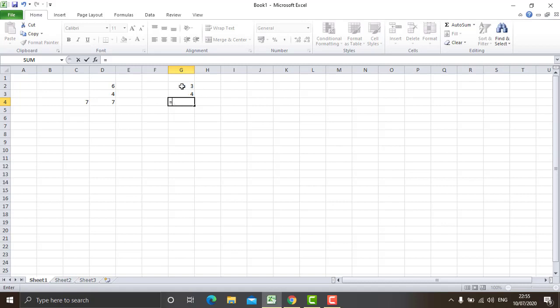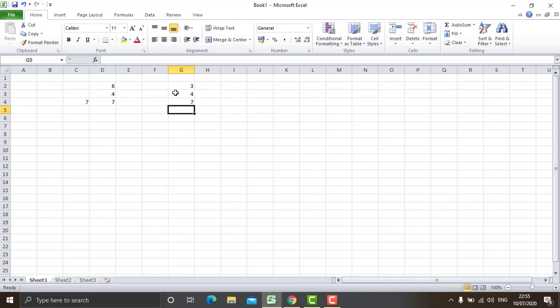So 3 is there in G column and second row, so I'm writing G2, plus the second number is 4. The 4 is in G3, so I'm writing G3. So it is G2 plus G3. G2 means 3, G3 means 4.